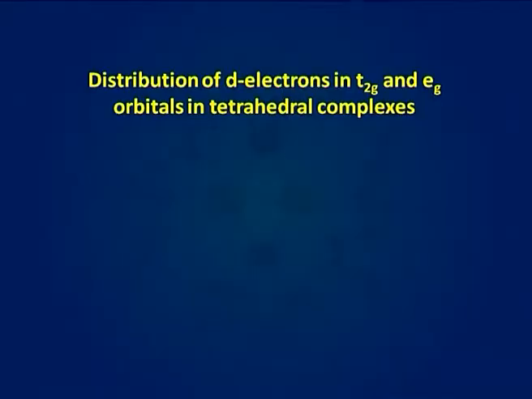That is, in presence of weak ligands, all the d orbitals have the same energy, and consequently the distribution of d electrons in T2G and EG sets takes place according to Hund's rule, which states that electrons will pair up only when each of the 5 d orbitals is at least singly filled.